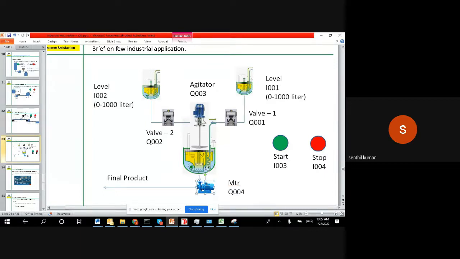Now once the 10-second timer is finished, you stop this and start the motor, so the motor can take the output from here and send it out, right? So this is the logic. Basically we are going to use the comparator, right? We are going to compare how much is gone,